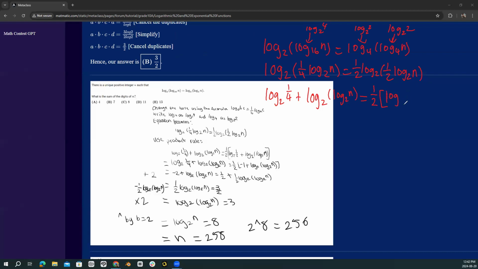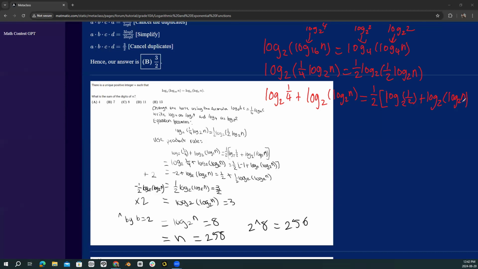Of log 2, 1 over 2 there as well, plus log 2 of log 2n. Okay, so now that we've used the product rule on all of the expressions,